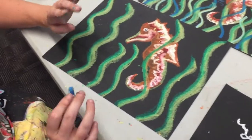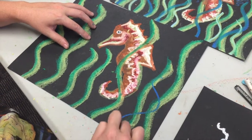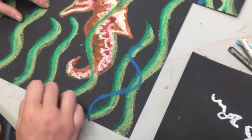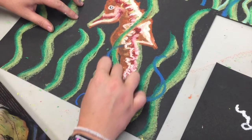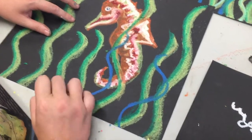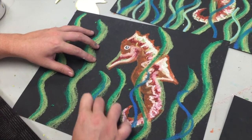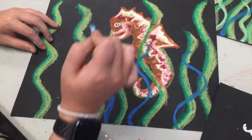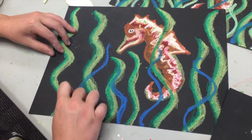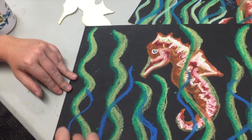But what now I'm gonna do is try to do thinner strokes with my dark blue and kind of blend that in between. So it's the same shape, but I'm trying to have it interweave between these, and they're all gonna be different lengths. So I'm gonna have this one come up. I'm gonna have this one be a little short. And for me, there's not a right or wrong pattern, or a defining rule that you have to have it be this length or this length. All of them are gonna be different. And I'm doing this only with my dark blue right now. And I'll do one that's a little bit smaller